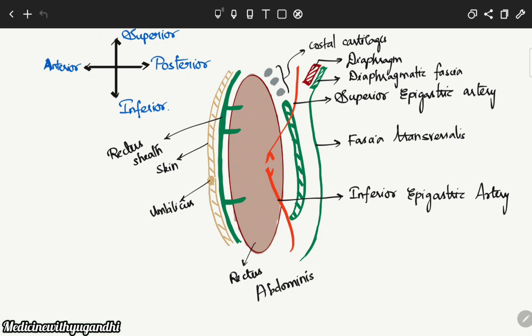Now coming to the features of the anterior wall and the posterior wall. Here you could see that the anterior wall is complete, covering the muscle fully, and it is also attached to the rectus abdominis muscle, right? But the posterior wall, you could see here, is deficient above the costal margin and below the arcuate line. This line that you are seeing here is the arcuate line. So below the arcuate line, the posterior wall of the rectus sheath is deficient, and it is also free from the rectus abdominis muscle. That is, it is not closely attached to the rectus abdominis muscle.